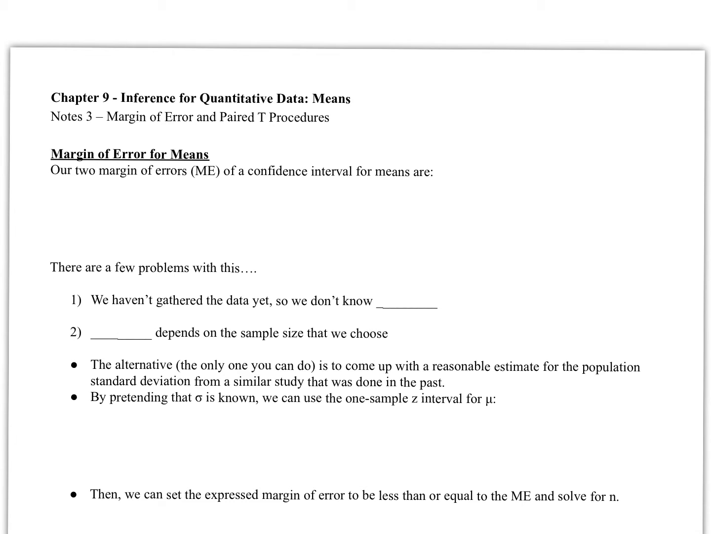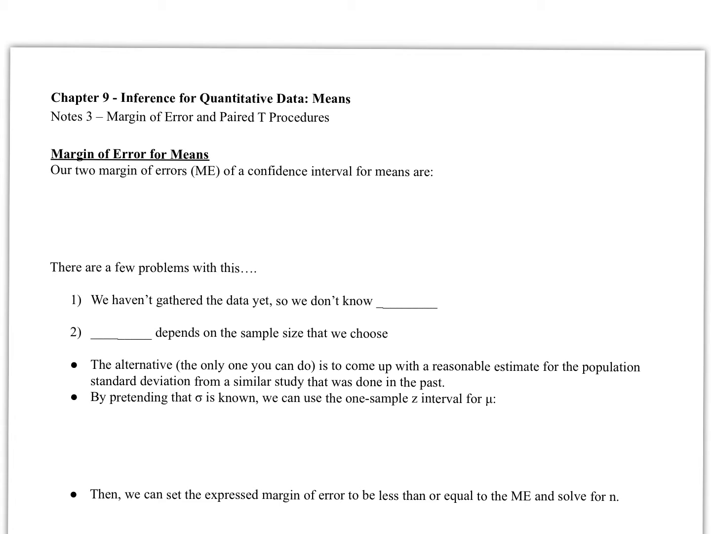In section 3 of chapter 9, we're going to take a closer look at margin of error and paired t procedures. So for margin of error, when it comes to means, there are two different margins of error you could have based on your confidence intervals. One is if you are given your population standard deviation, and one is used if we are given the sample